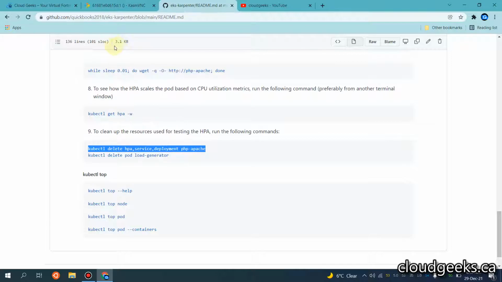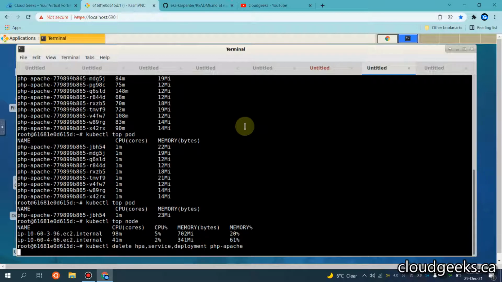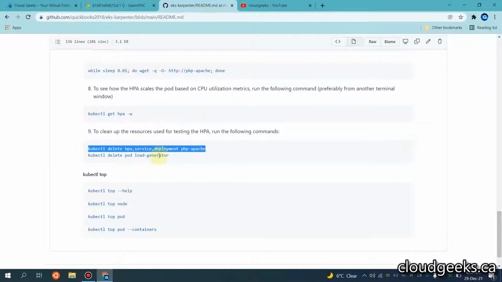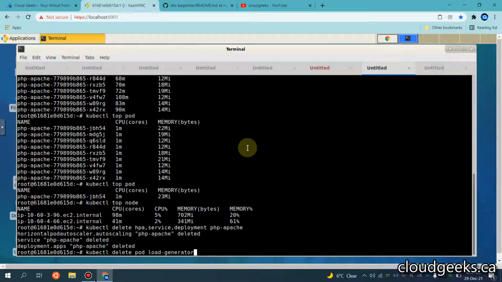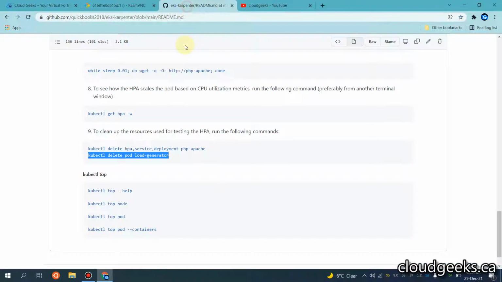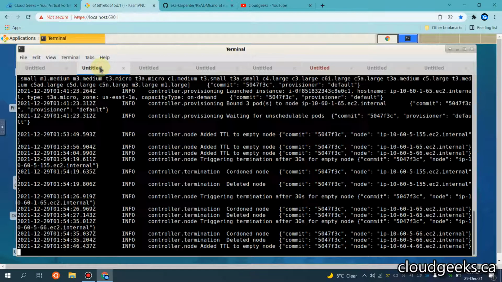And I'm going to now delete all that stuff. By deleting it, it is also going to remove those nodes, in fact, the one node which was provisioned by the EKS Karpenter. And let me also delete that load generator. Okay, we have already pressed Control C on that. Now if I navigate to the logs of Karpenter,